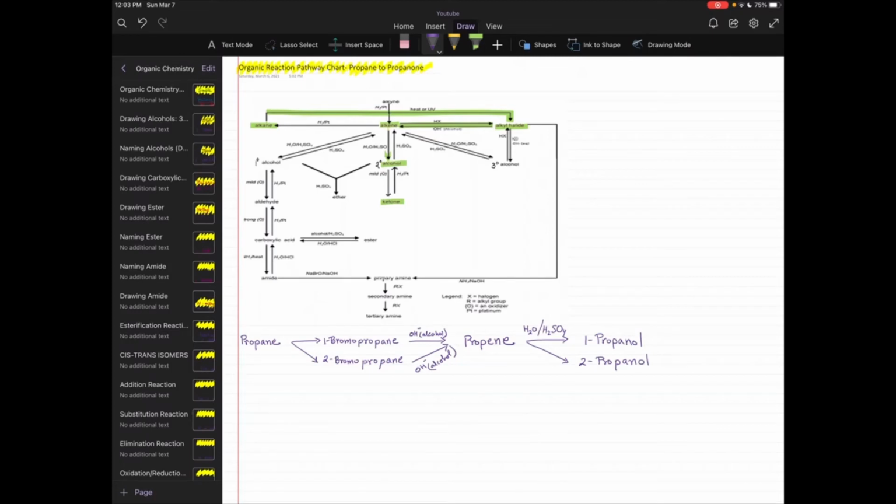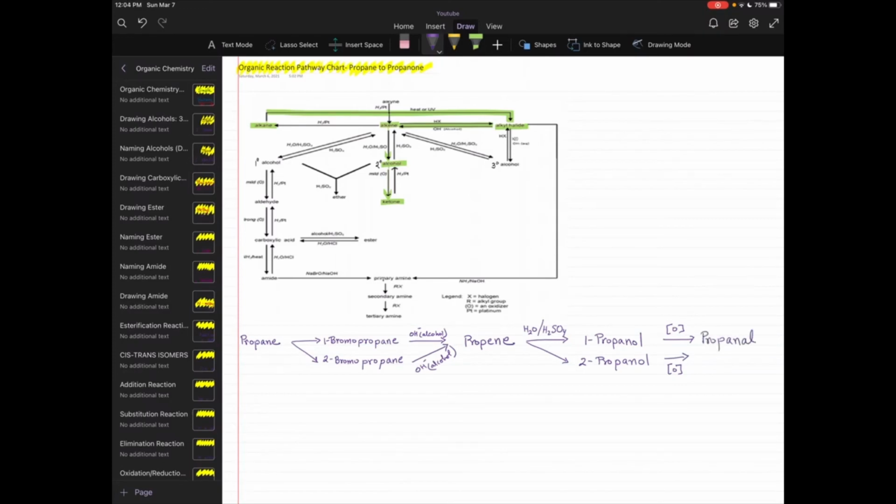Once we have the alcohol, we have to add an oxidizing agent. If you see in the graph, we have to go from alcohol down to ketone, that's our target, and for that we have to add a mild oxidizing agent. So we will add an oxidizing agent right here and right here, for example. Which one will produce the ketone? Well, if we add an oxidizing agent to 1-propanol, the hydroxyl group is on position 1. If we undergo an oxidation reaction, the double bond to the oxygen will be in position 1, which means it's at the end of the molecule, and this would result in the production of